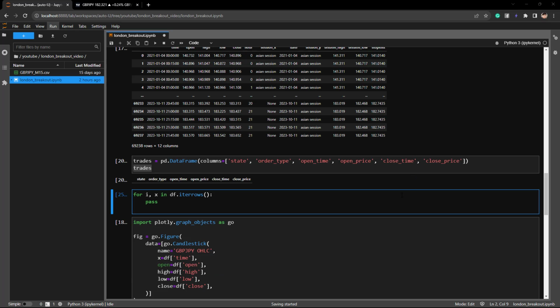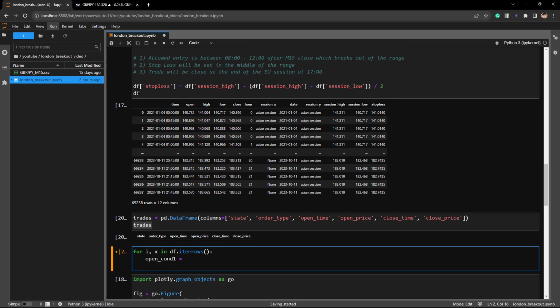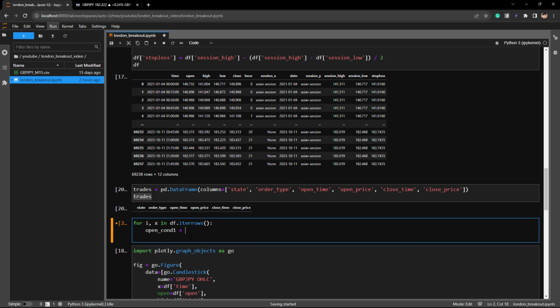And so let's now proceed with the backtest, and we'll start with the opening conditions. So the first opening condition is that we are only allowed to trade if it is greater than 8 o'clock and less than 12. So our open condition number 1 is we can check our data frame with open, high, low, close data and check our hour column. So if x.hour is greater or equal to 8, we can open it, but at the same time it must be less